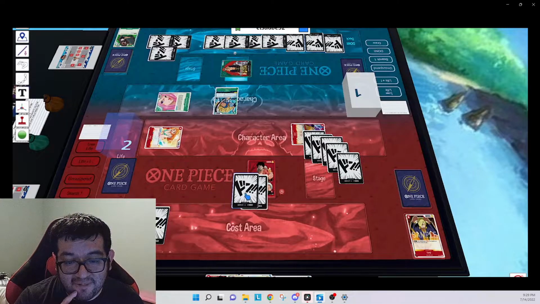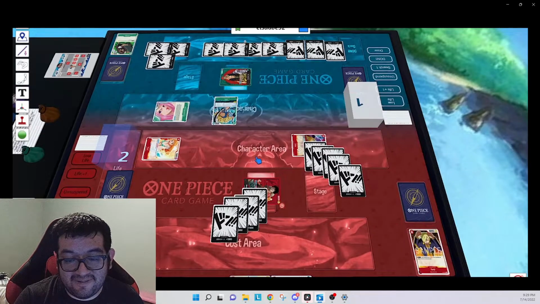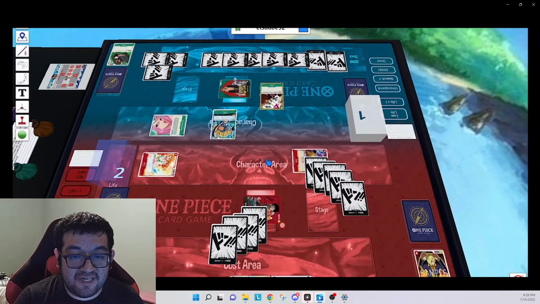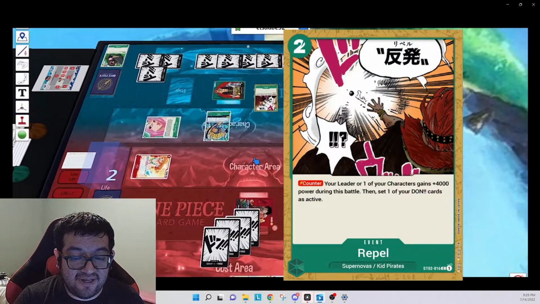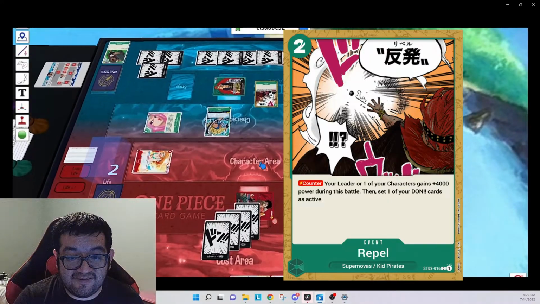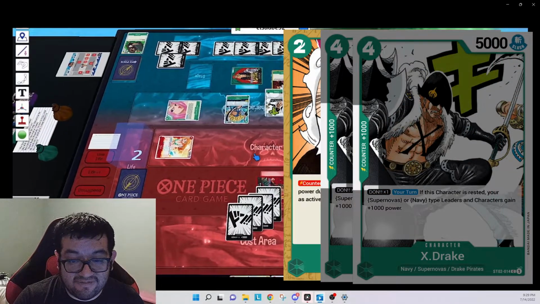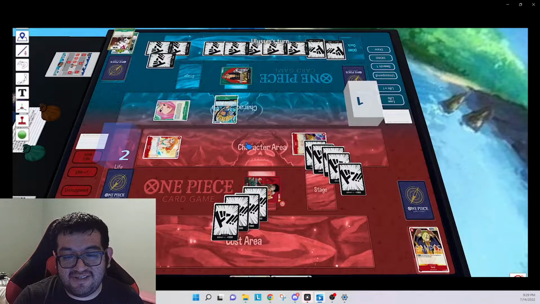He does draw that 1 extra card, which probably does give him enough to block this attack though, because now we're going to be doing another 10,000 with Luffy, and he does have a repel, bringing him up to 9,000. He needs 11,000 to defend against this attack, so he needs to have 2 more thousand counters in order to be able to block this. And he plays a Drake for plus 1,000. He plays another Drake for plus 1,000,